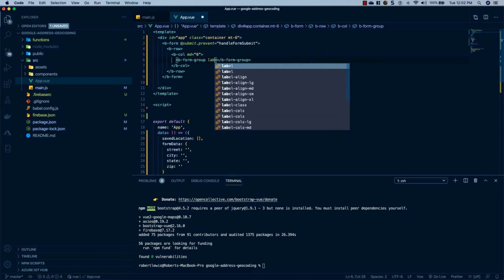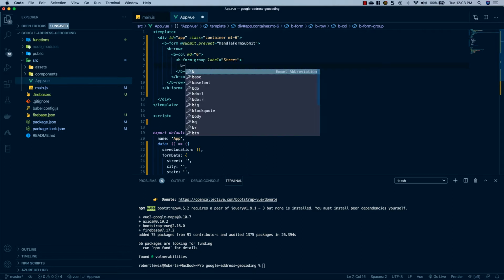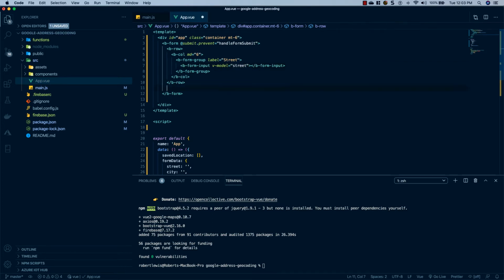We're going to give it a label of street. And inside of here, we'll do a B form input, and we're going to give it a V model equal to street. Below this B row, I'm going to do another B row, and inside of it, we're going